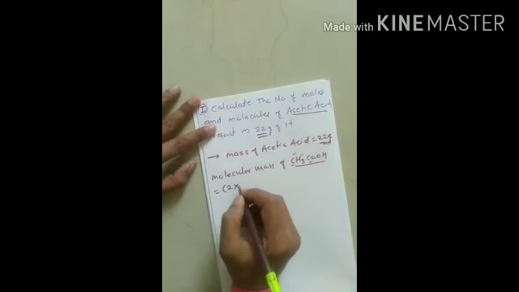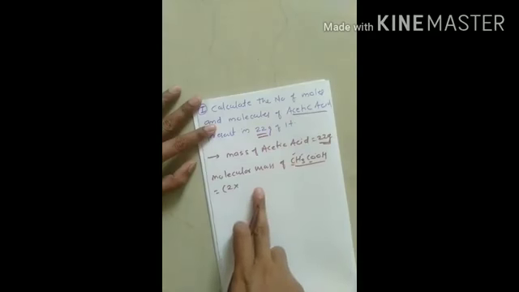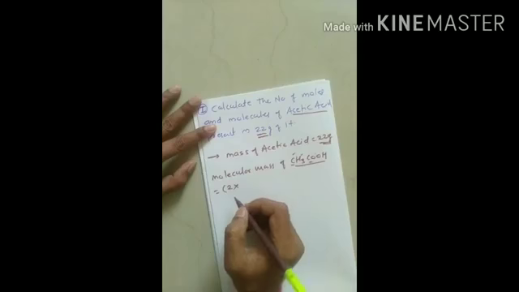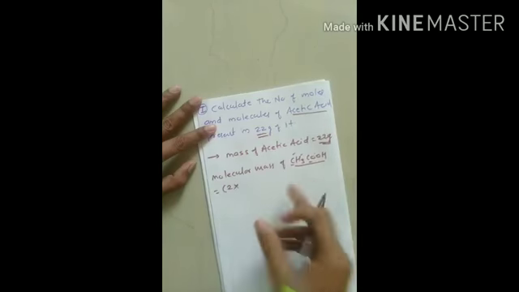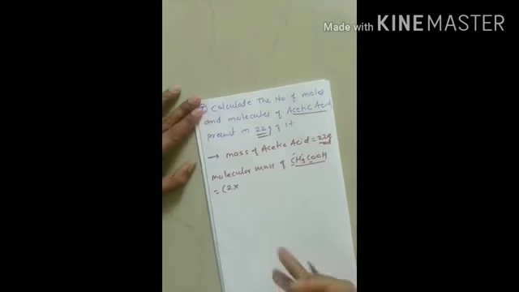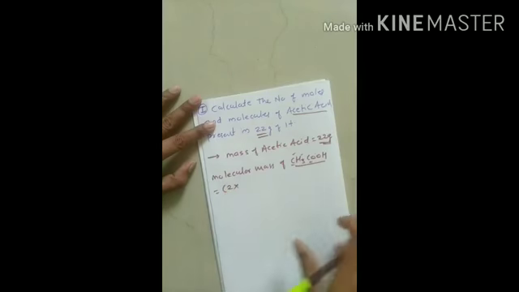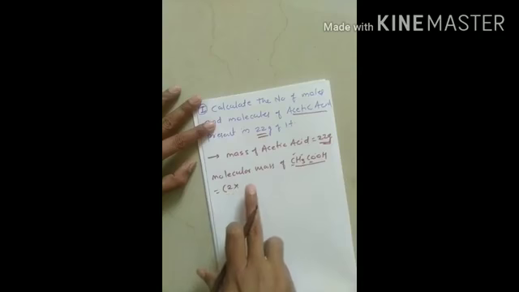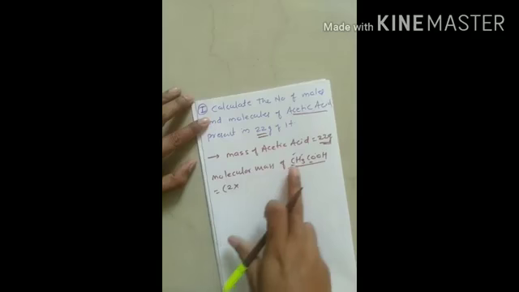I am writing here directly, not writing the formula, because we solved such type of numericals several times, just before 2 or 3 questions. Actually you have to write the formula first in your answer in the examination, but I'm explaining the formula and directly putting the values. So number of atoms into average atomic mass of that particular atom. The number of atoms for carbon is 2. It contains 2 carbon atoms.